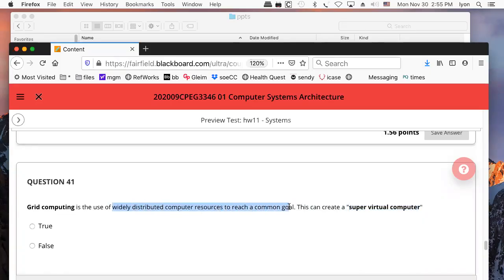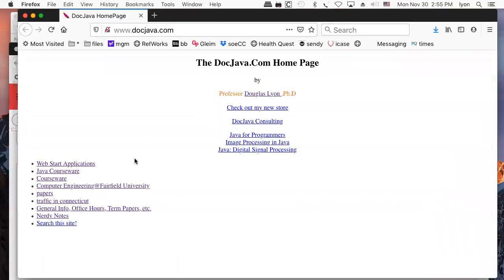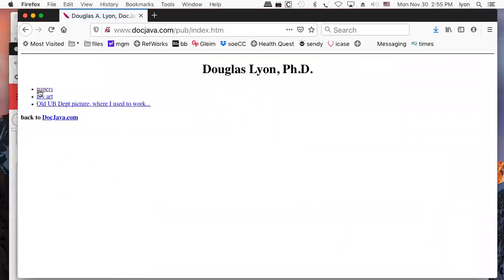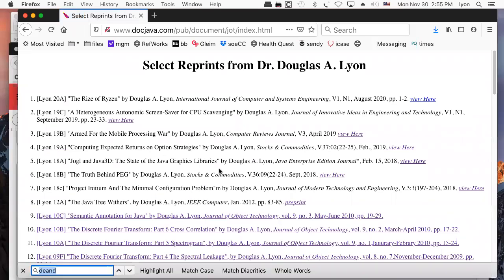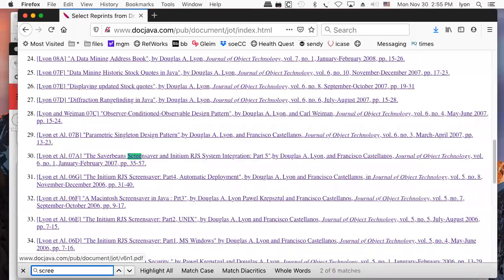Widely distributed computer resources reach a common goal. When you're doing the screensavers that are doing the CPU harvesting, this is the kind of grid computing that I'm talking about. And you can see a series of articles that I've written on this topic. There it is, screensavers. So with screensaver computing, the screensaver kicks in and then volunteers the computer into remote job